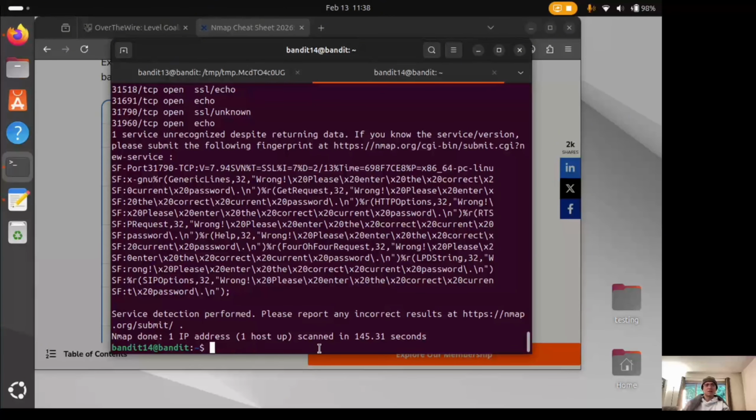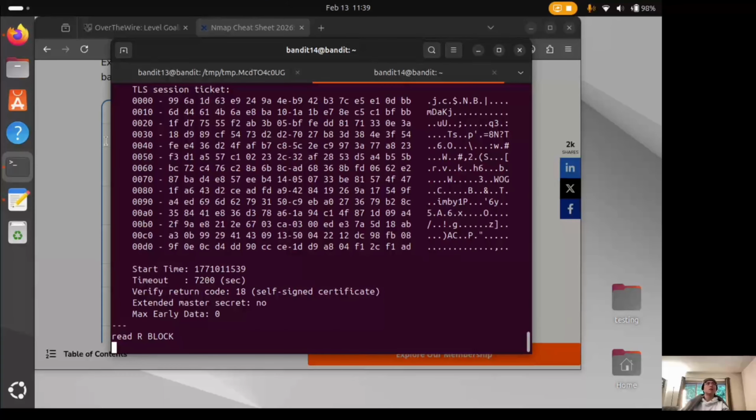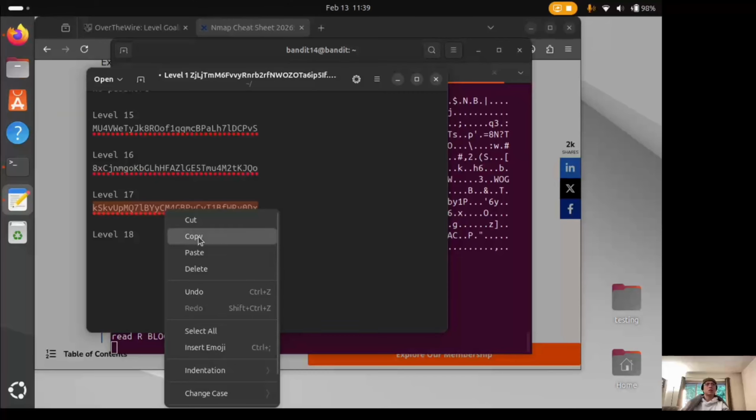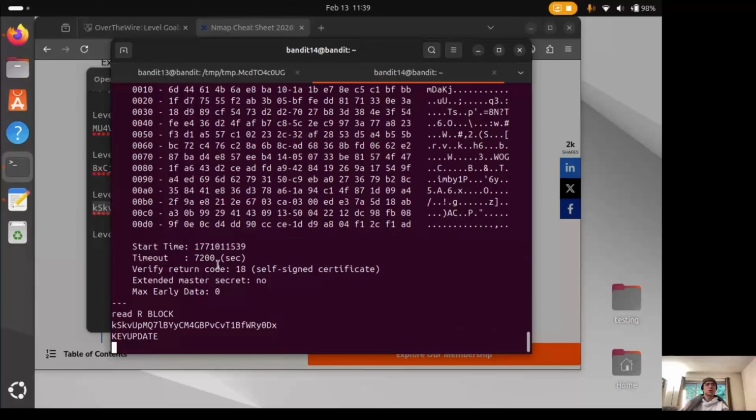Paste it, and we want to change the port to 31790. And we want to copy the password for this current level to here, send it over,